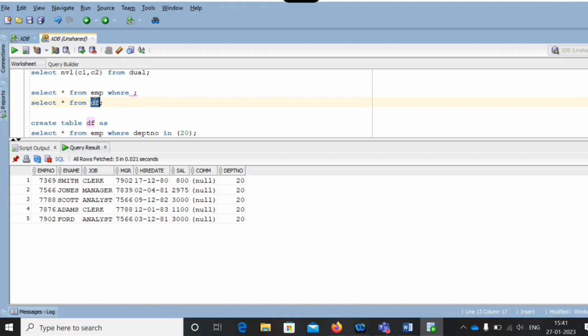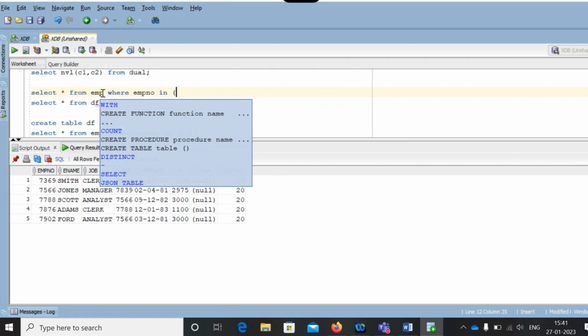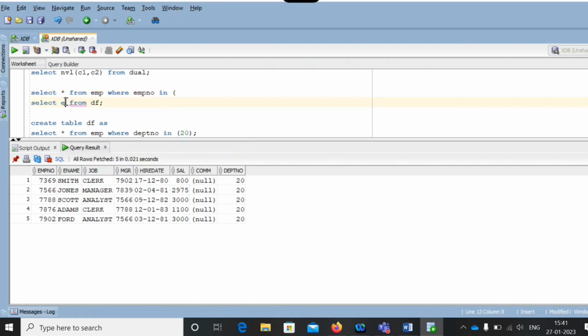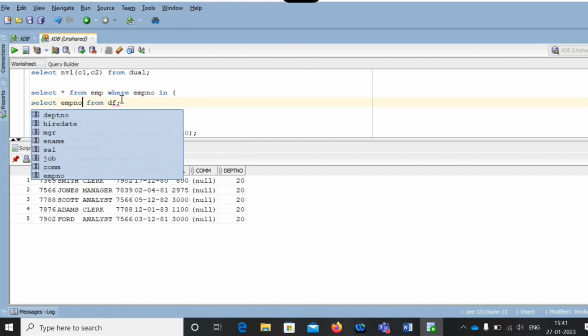How can we identify? Simply, take all the employee information, and the DF table is having current day information that may be updated, may be new. Okay, see in such a place, this is the current table, this is the main table. Now we are going to check employee number in select employee number from DF.